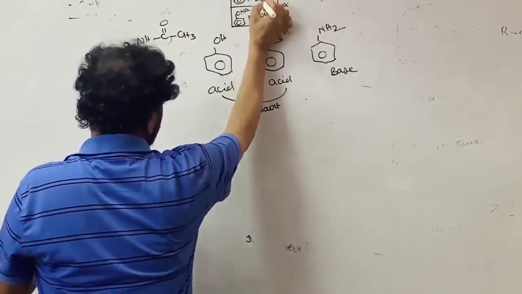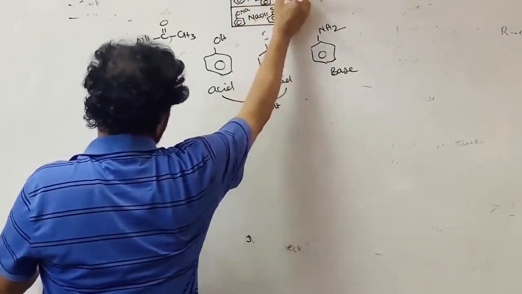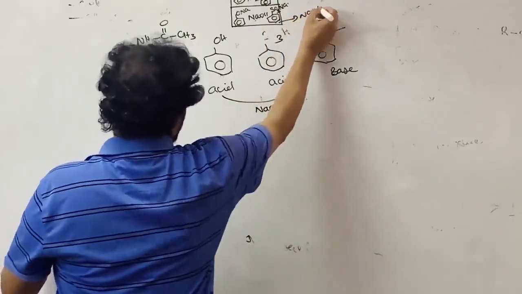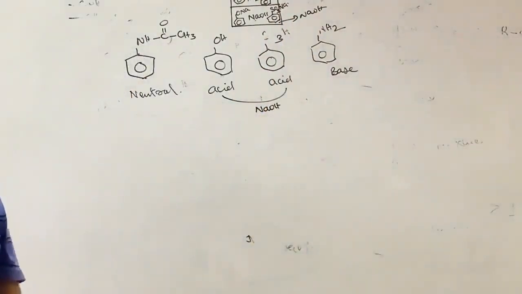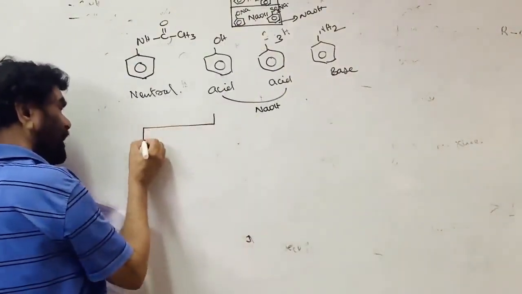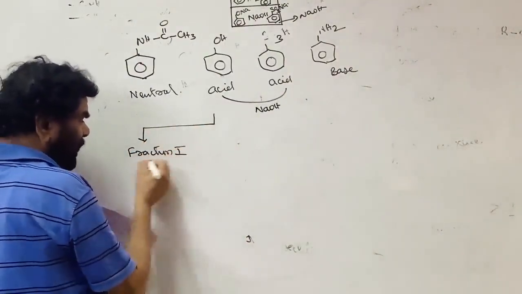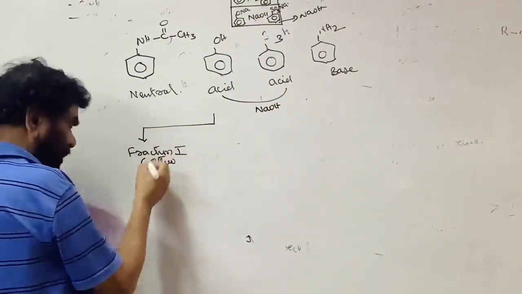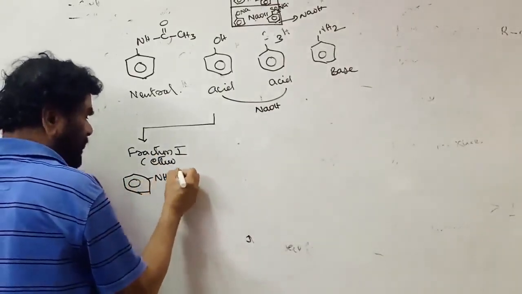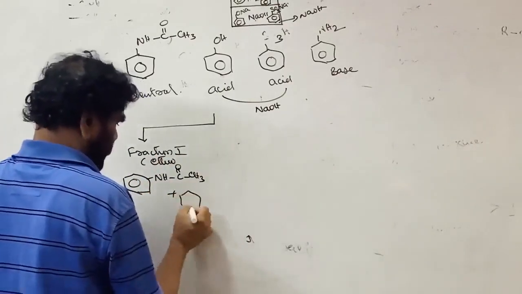The aniline is in this phase, the ether. This is the benzene... acetanilide, not benzene, acetanilide will be in this ether layer. This is the sodium hydroxide layer. These two layers are separated. When the two layers are separated, fraction 1 is the ether layer, which contains this compound. Acetanilide is the compound, N-phenyl acetamide, plus aniline.